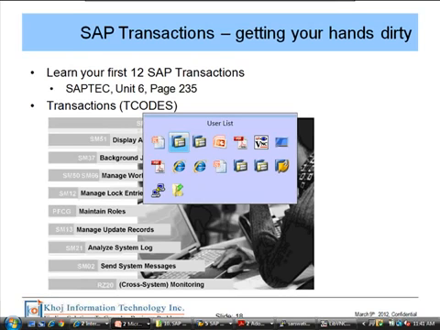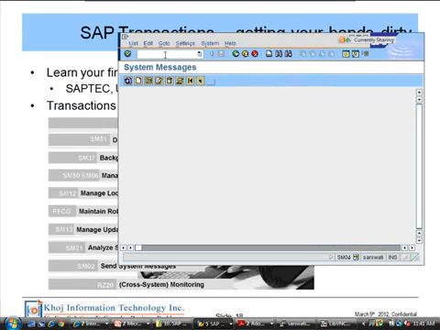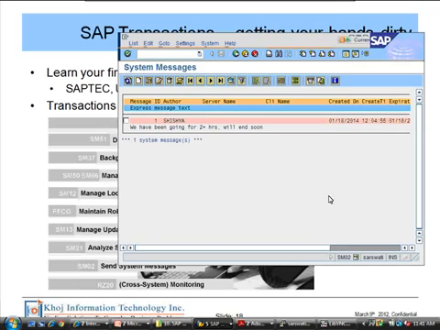A dialog step means anything, even just backing out or doing the same transaction, /n SM04. It should just put a dialog box. Any transaction, isn't it showing a dialog box? That's how you publish a system message.